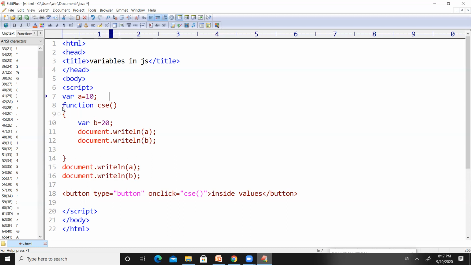That means A is called the global variable and B is called the local variable. Now I think you got some idea.